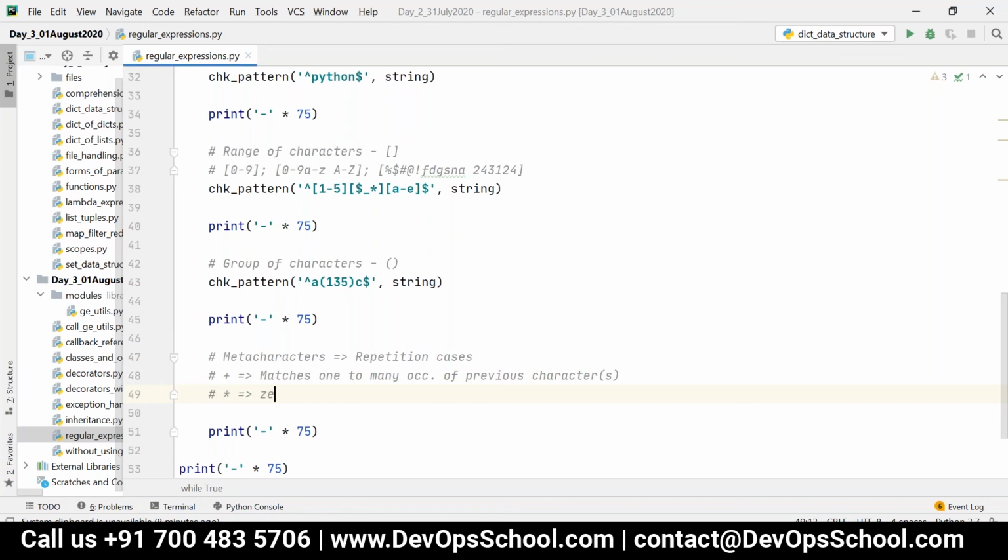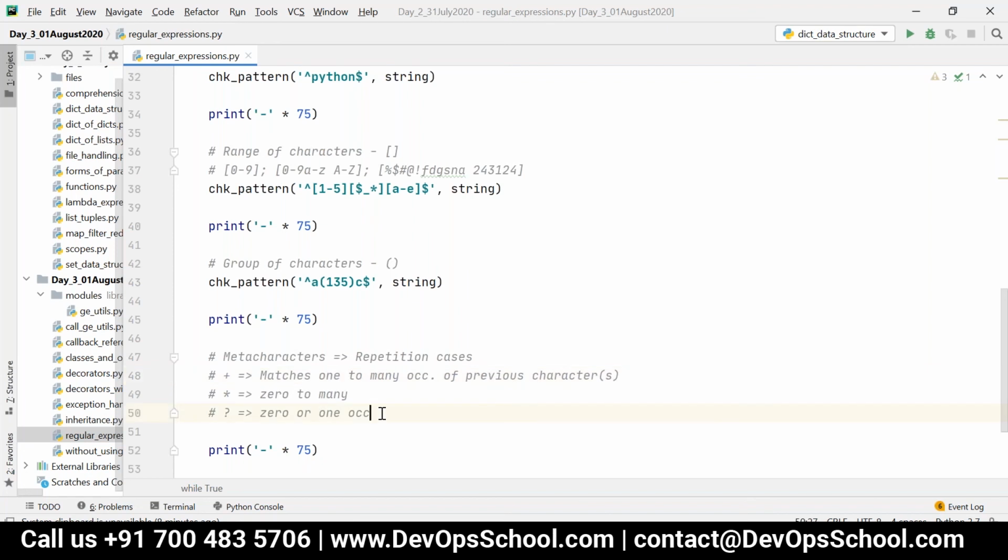Star means 0 to many occurrences of previous characters. And third one is question mark. It is 0 or 1 occurrences. This or that. Okay, plus means it matches 1 to many occurrences of previous characters. Star means 0 to many occurrences of previous characters, and question mark is 0 or 1 occurrence.